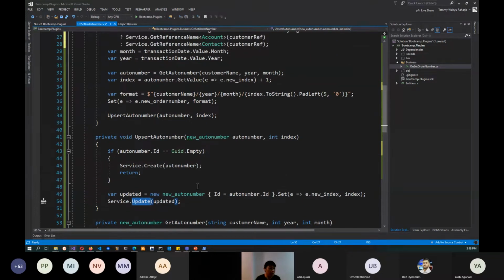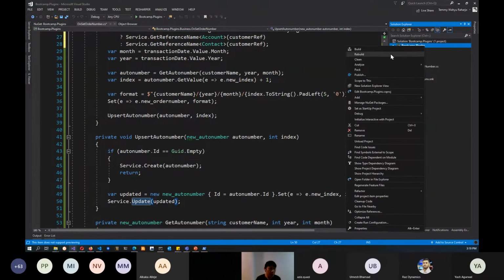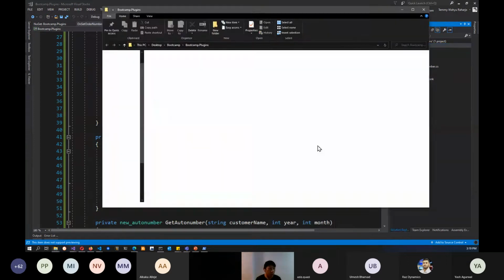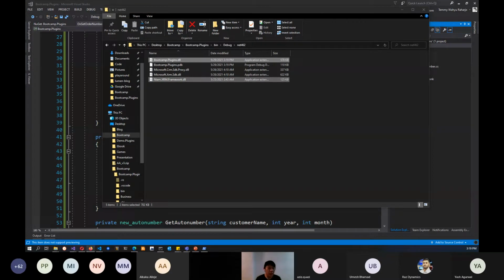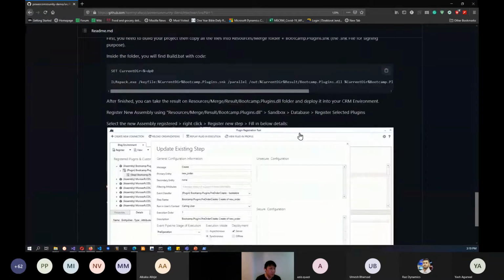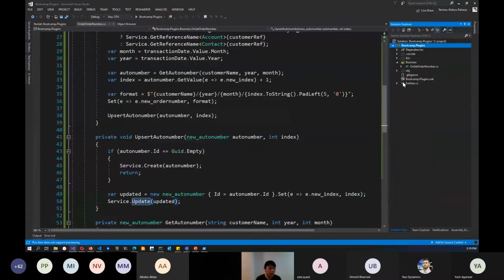If we already finished the business logic, we can just build it. Then done. The result of this one is, if you open the bin folder, there will be several DLLs because we are using third-party libs, the Niam.Xrm framework. That's why we need to merge it. If you open the GitHub, I already give it. Oh, sorry. Before we merge it, of course, we need to create the